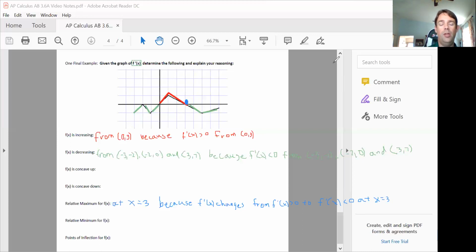So now for the relative min, we're looking for when it changes from a negative derivative to a positive derivative. So where'd that happen at? That'd be right there. Notice we have another critical number on here, right here at -2, but the derivative didn't change signs, so it's not any sort of relative extrema. But I do have one here at x equals 0 because it changed signs there. So at x equals 0,